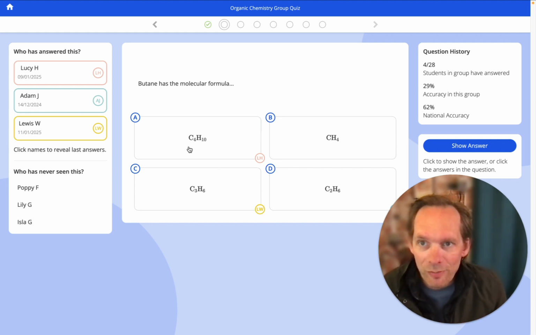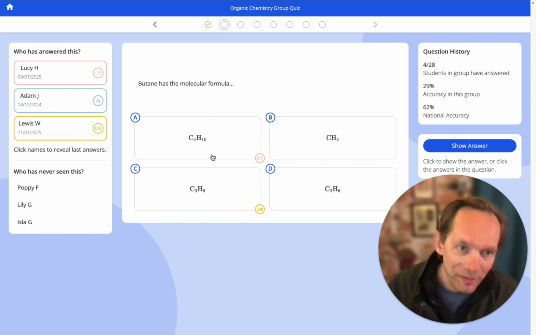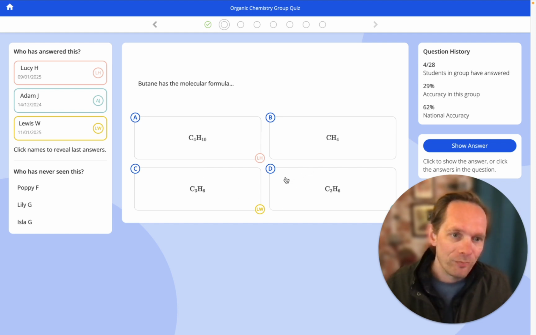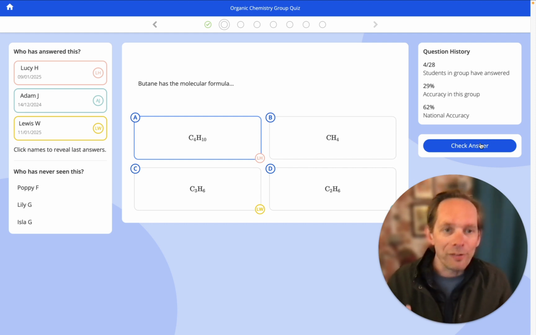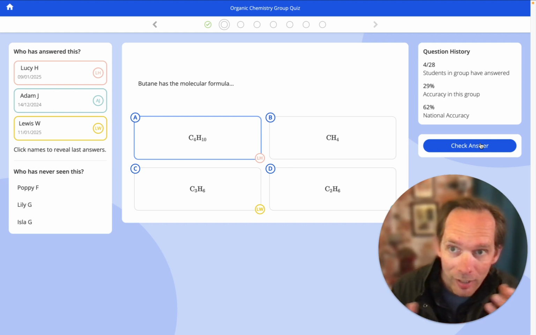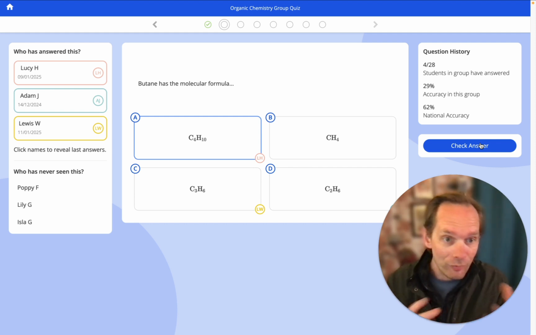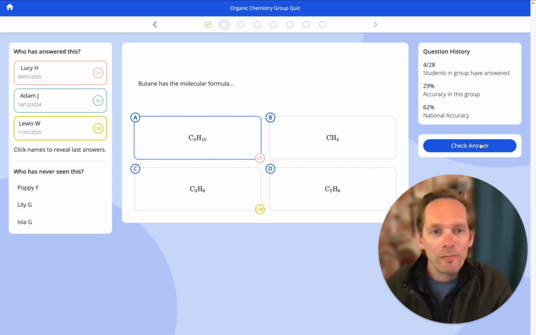Now, who do we agree with? Is it Lucy, Adam, or Lewis that we agree with? Well, you can discuss it in class, discuss what the other molecules might be there, and click that and continue. So it's a really nice group activity, brings up discussion. You can ask Lucy, do you remember if you got it right? You can ask Adam, do you remember if you got it right or wrong, what the correction was? So it's bringing into mind and helping reinforce that the practice they do at home is then